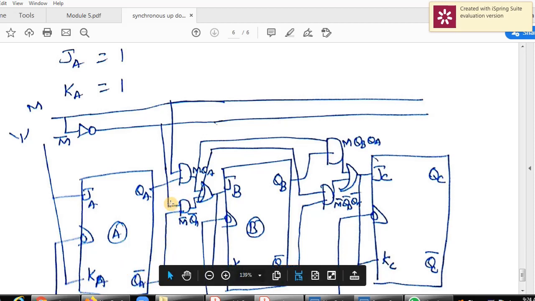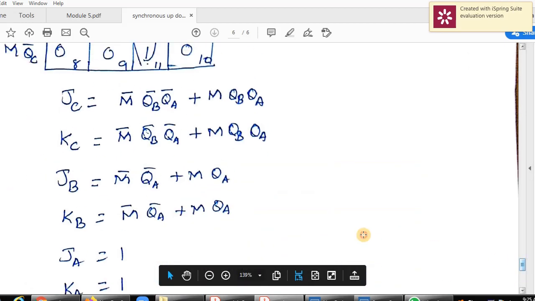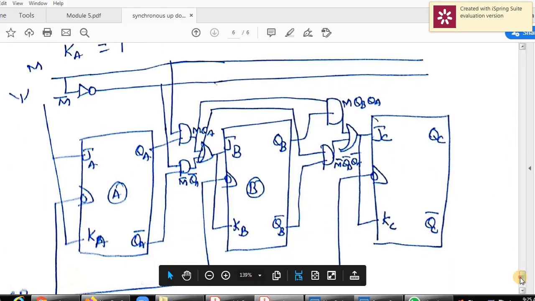So these two will be multiplied in the AND gate, so it is M bar QA bar. After that the OR gate, so these two will be added, M QA plus M bar QA bar, and it is connected to JB. And KB also the same thing, KB also has the same answer, so KB is also connected to the same thing.